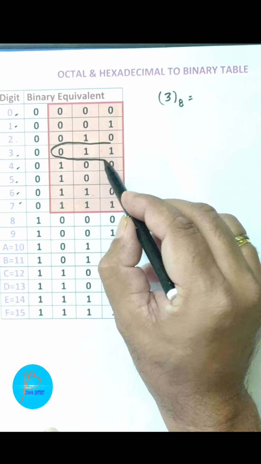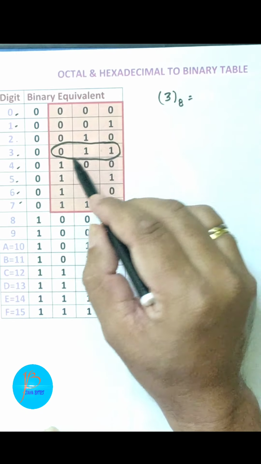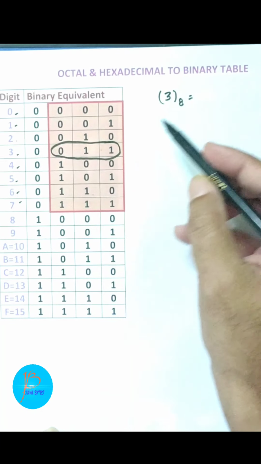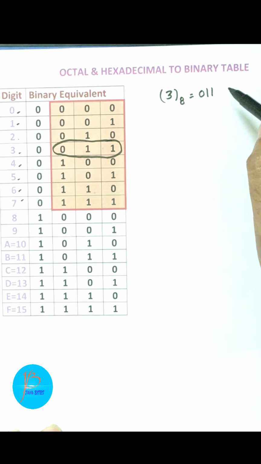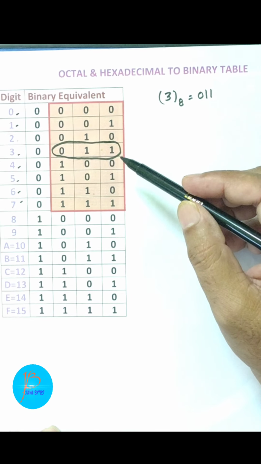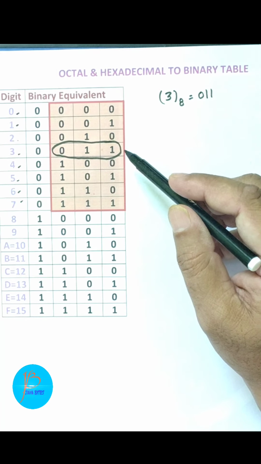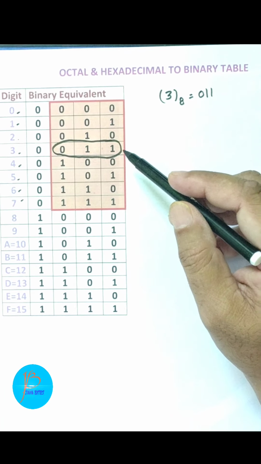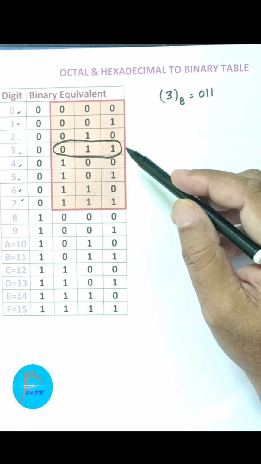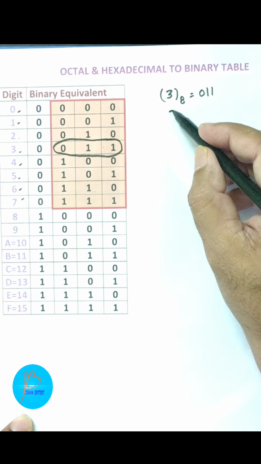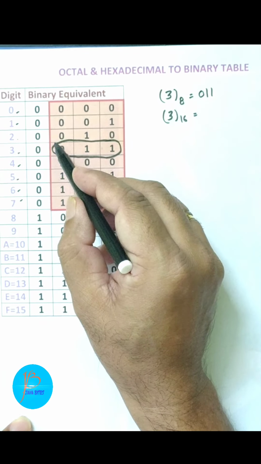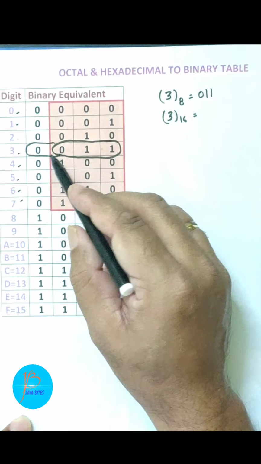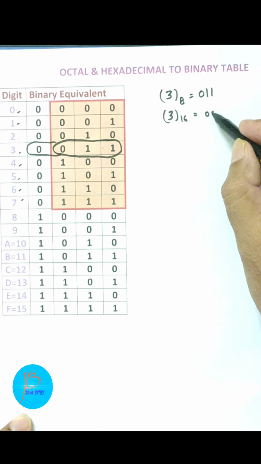You can see that at the row of 3 we have the binary number in the 3 column, 0 1 1. Okay, so your binary equivalent of 3 will be 0 1 1. Okay, but children, you know that 3 also belongs to the hexa number system. Means suppose you are working on the hexadecimal number system, there also you have the digit 3. So children, if the 3 is on base 16, then its binary equivalent will be, and now children you will cover the 4 row, your answer will be 0 0 1 1.